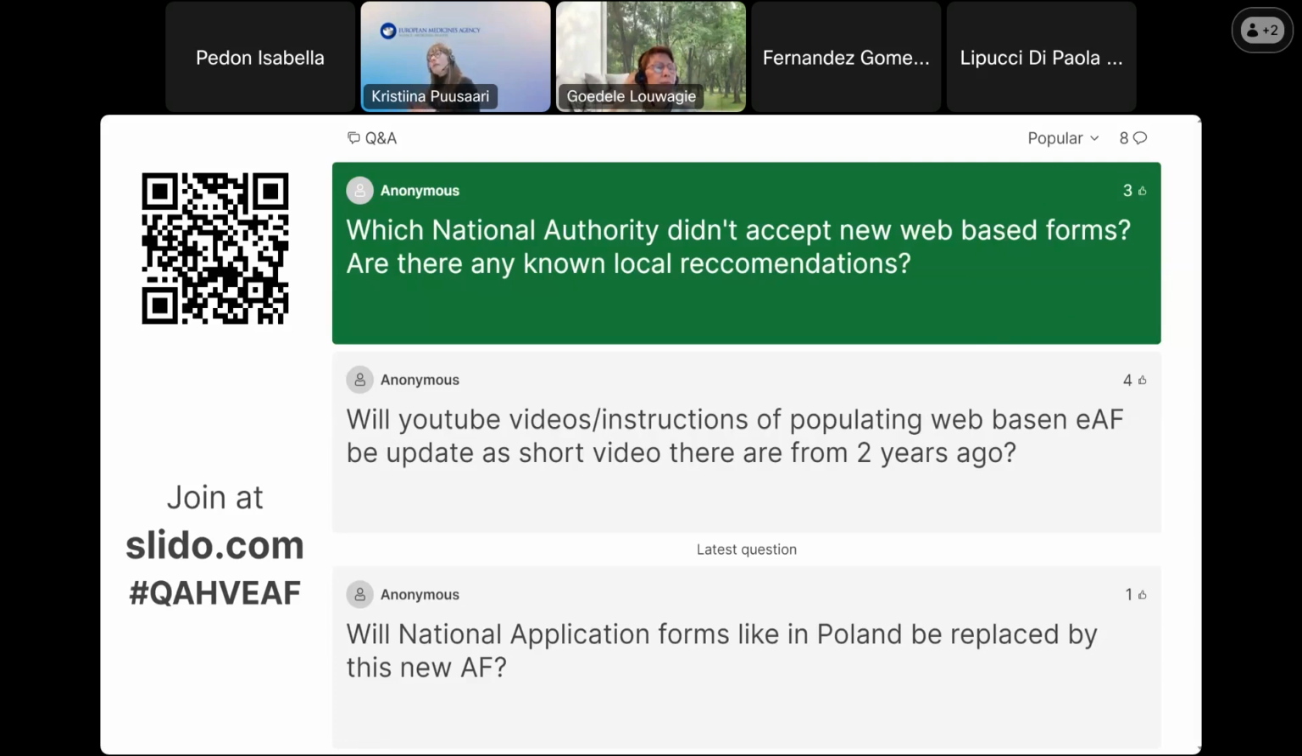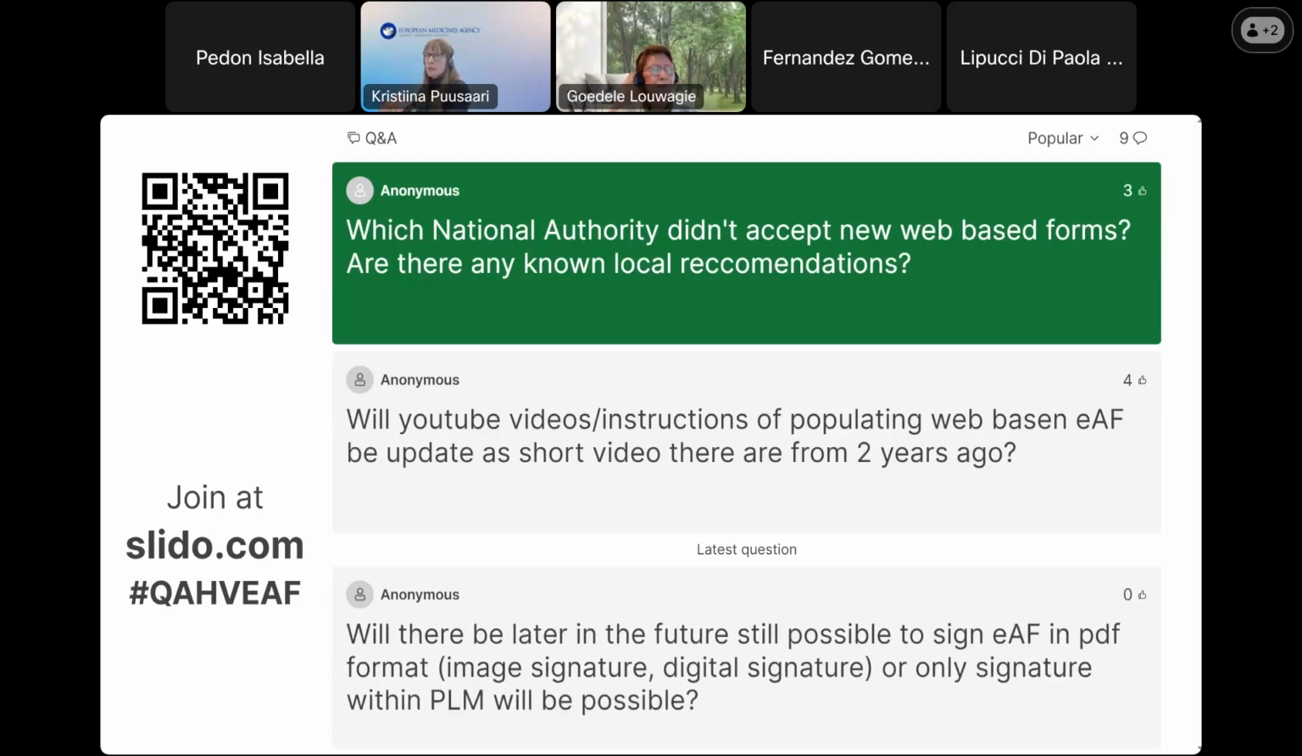So until then, we are not allowing the submission of the web-based forms to the national competent authorities, because this would have added technical complexity in our implementation in the web-based forms. So until the end of the year, you must use the interactive PDF. From the beginning of next year, you can use the web-based application form to submit to the national competent